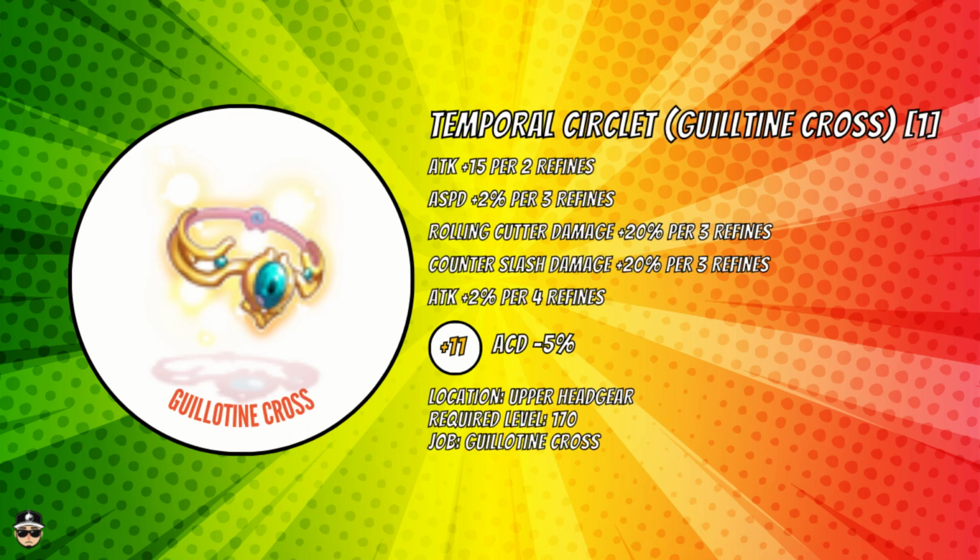Next, the Guillotine Cross Temporal Circlets. Attack plus 15 per 2 refines. Attack speed plus 2% per 3 refines. And you get Rolling Cutter and Counter Slash damage plus 20% per 3 refines. Attack plus 2% per 4 refines, which actually doesn't...